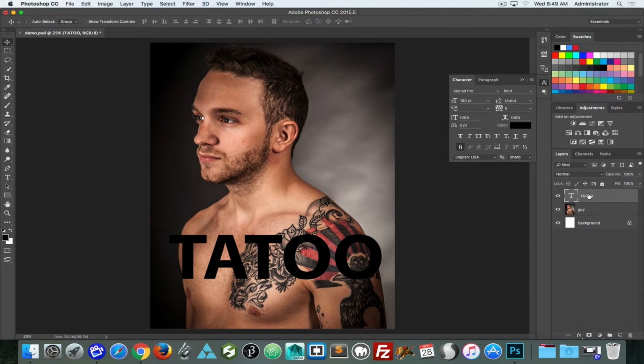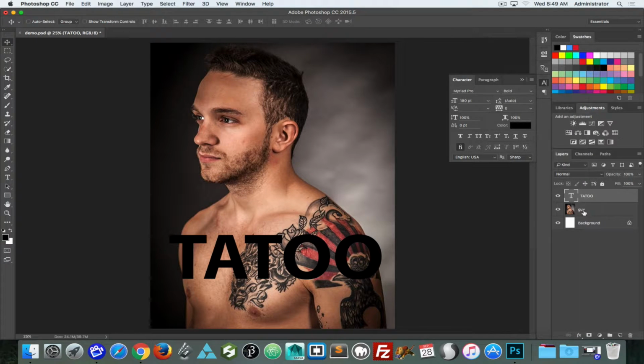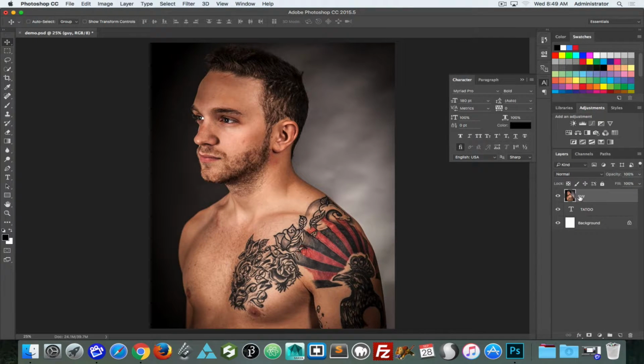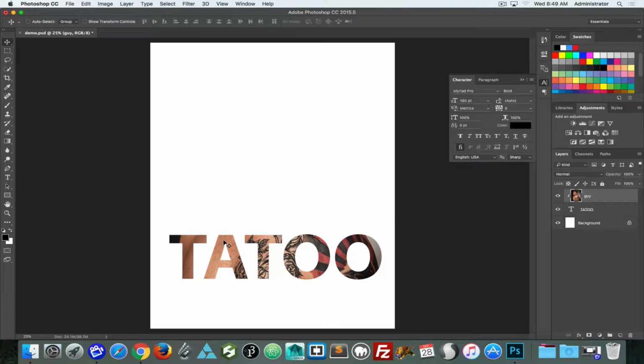Okay, we don't want that, because the text works a little bit different. Now, if I put the picture on top and choose create clipping mask, we will see that